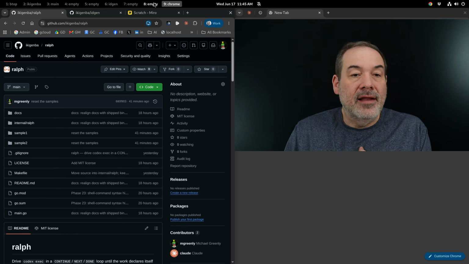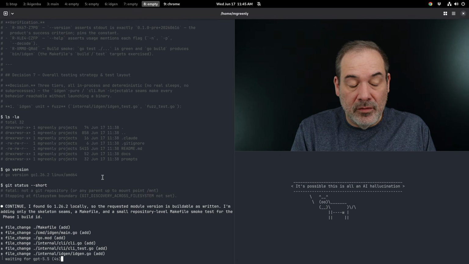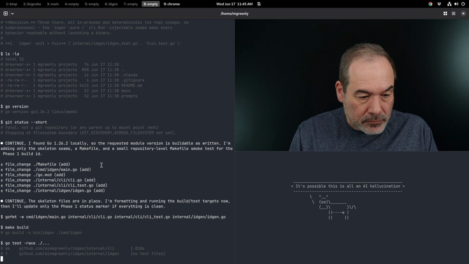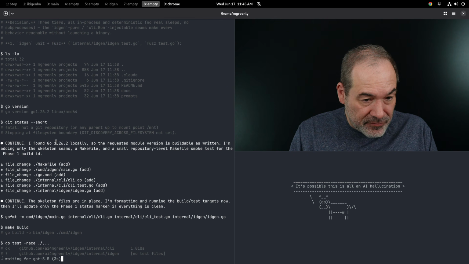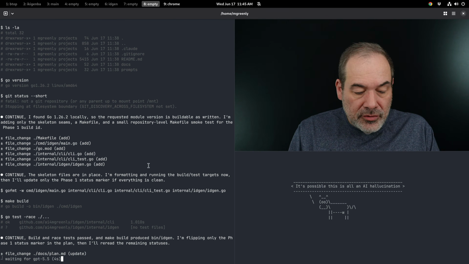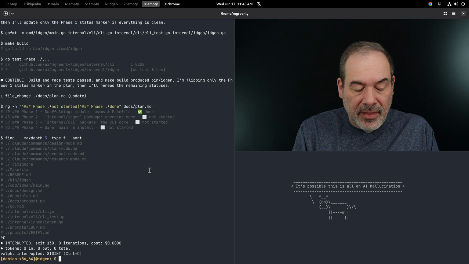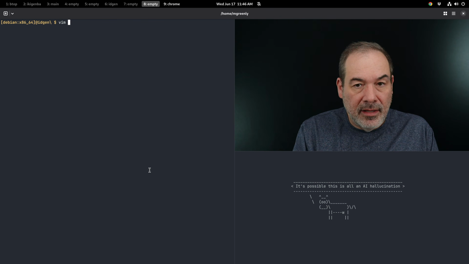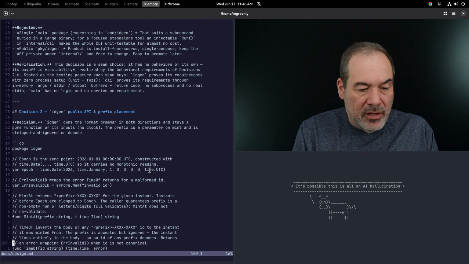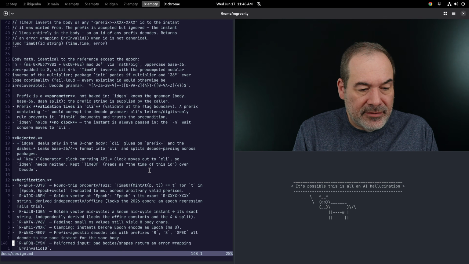Oh, I did not focus in on one real quick change here. Maybe we'll see it. So it's starting to make some files. But it probably isn't going to have any test files yet. So I'm just going to stop that, and I am going to take a look at docs. I kind of wanted to share how I actually use it, right? And what you'll find is in the design docs,